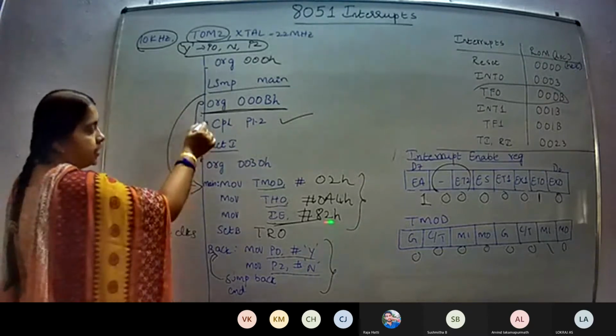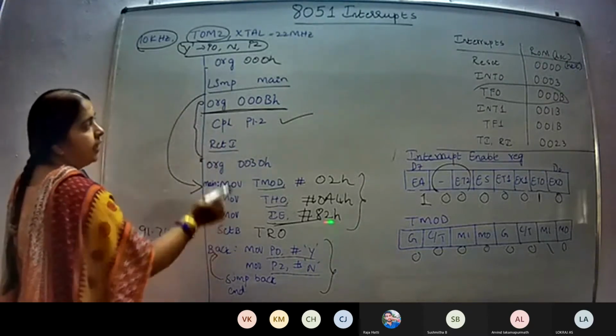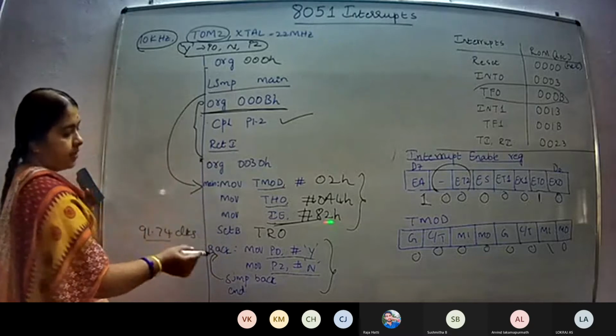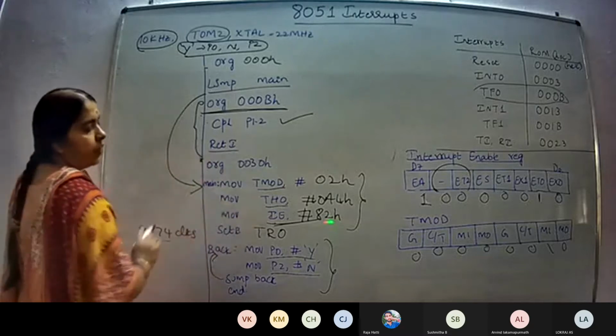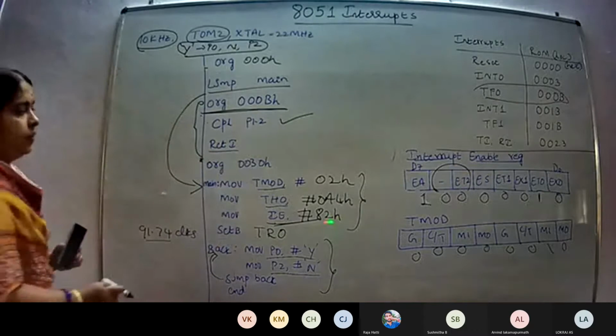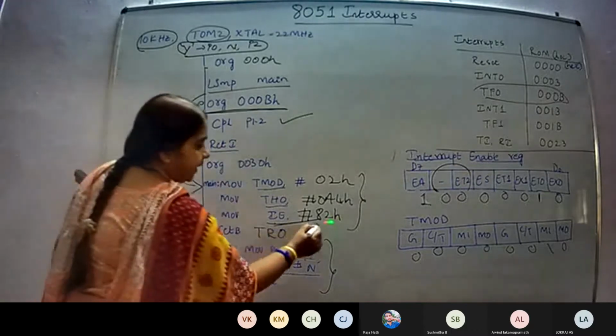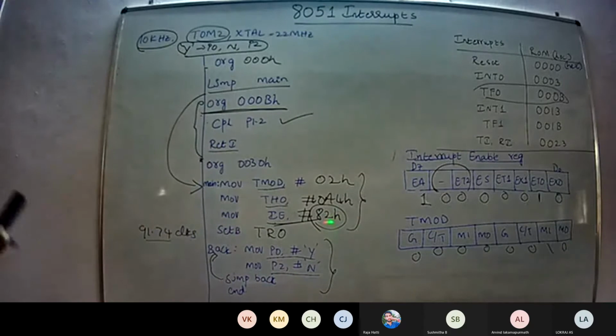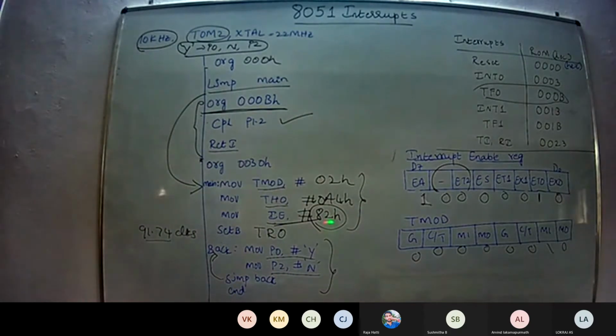So whenever it wants the service of the microcontroller, it will interrupt. It will tell the microcontroller that it wants the service. Then the microcontroller will go and provide the service. That is shown by this 82H. This 82H will tell that there is an interrupt from timer 0. So this is one of the programs where interrupts will be used, for timers. Next we'll see one more example for serial communication.